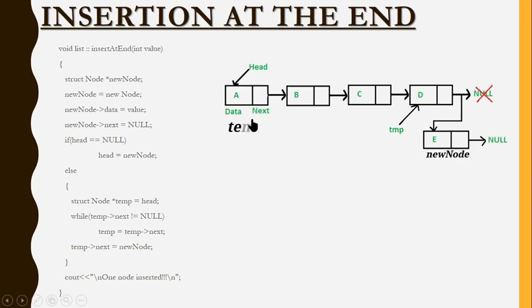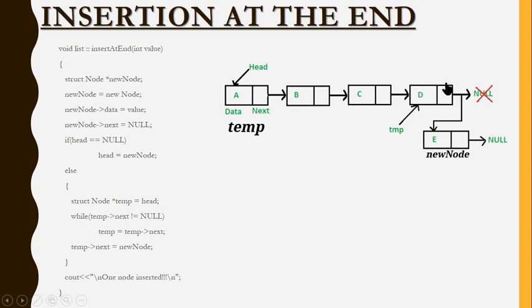Now I need to bring this temp one by one to the last node. That means to the D node, I need to bring this temp. What do we have to do? I need to check a condition. So what kind of condition can we use? If I want to bring this temp to the last node, what is the key I have here? Either I can use this D variable, that is one method. Another method, I have this null over here. Initially it will be kept as null, isn't it? If this is the last node, we have a data and then we have a null. So I have two keys here, either use this data or use this null.